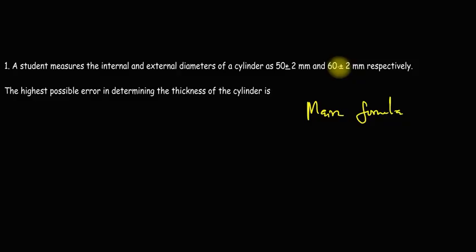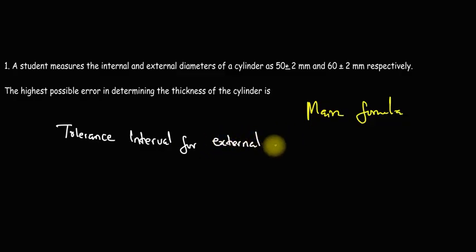millimeters, and we have to get the values for each of this range. So that's what we call the tolerance interval. So we have to first calculate what the tolerance interval is for both readings, for internal diameter and external diameter. So tolerance interval, let's start with the external diameter, is going to be given by